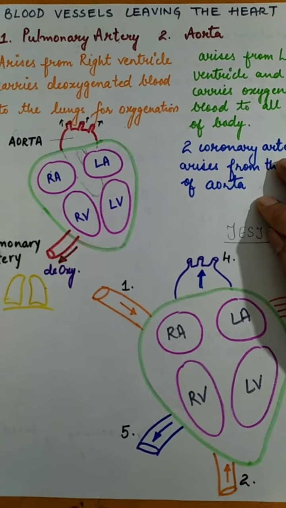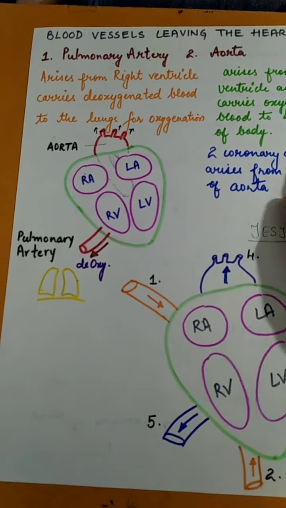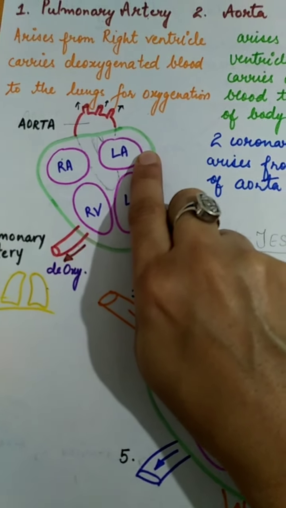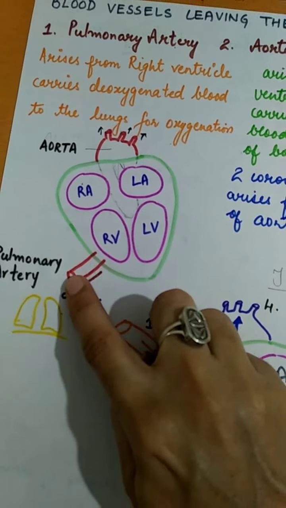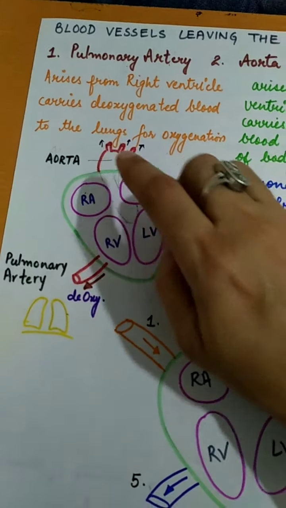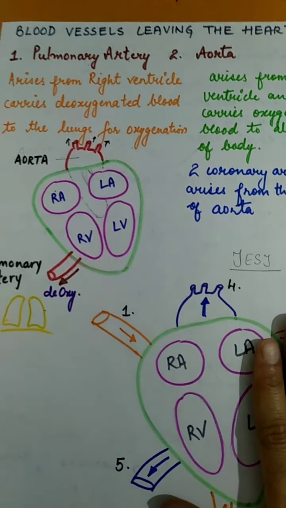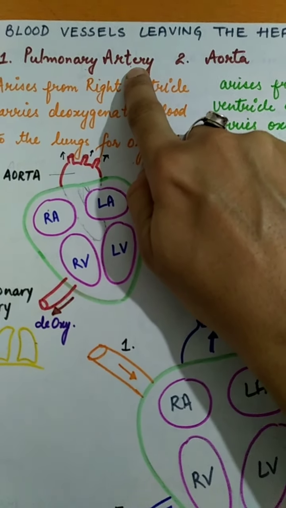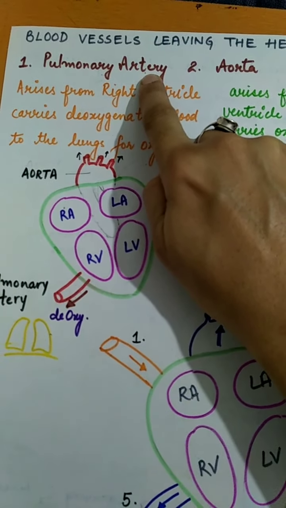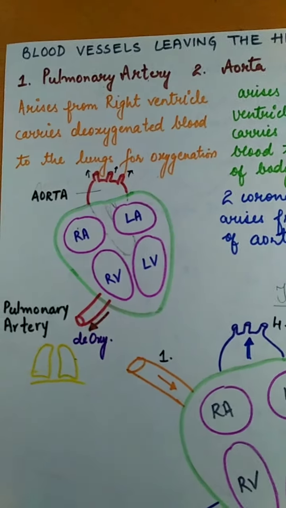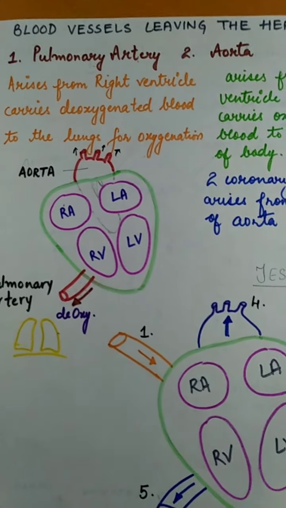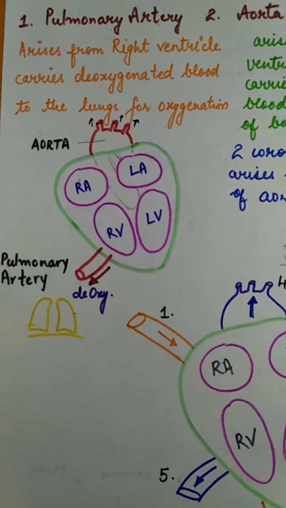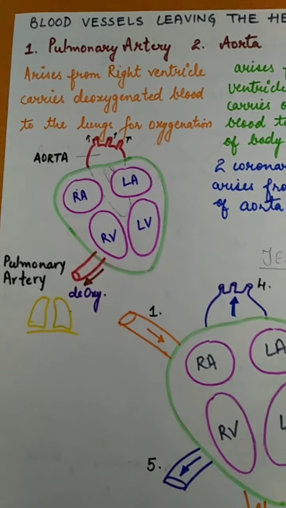Now we talk about the blood vessels that are leaving the heart. Whenever the blood vessels are leaving, from where will they leave? They will leave from the ventricles, because auricles receive the blood vessels, and from ventricles these blood vessels will move out. Now 2 blood vessels will leave the heart. One is your pulmonary artery, the only artery that carries the deoxygenated blood. This is 1 mark, a very important question, a number of times asked in your examination. Name the artery which carries deoxygenated blood. That time you have to write pulmonary artery.